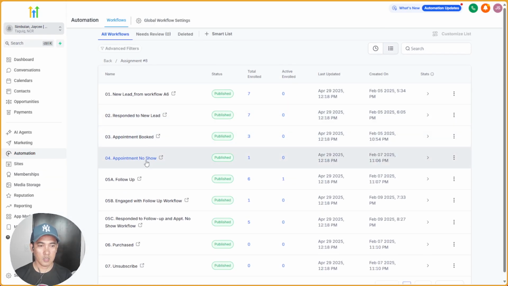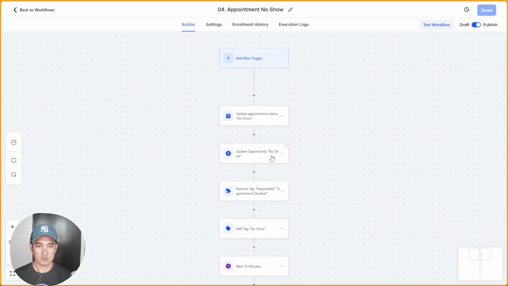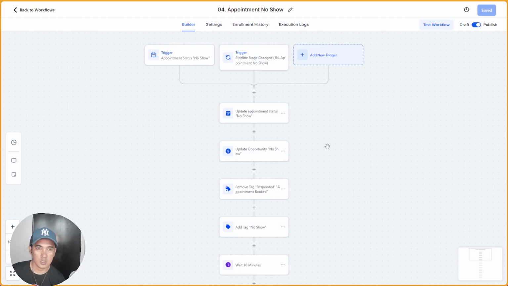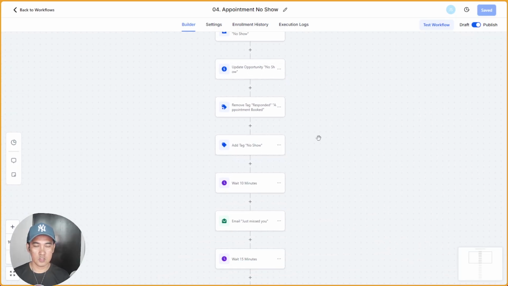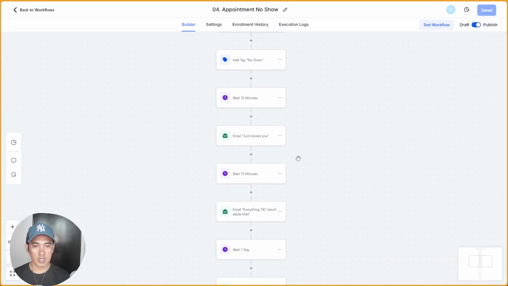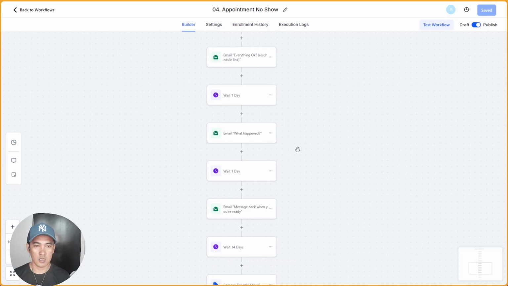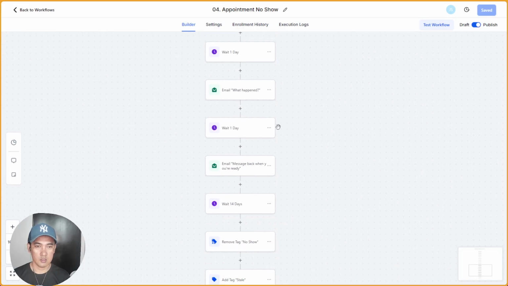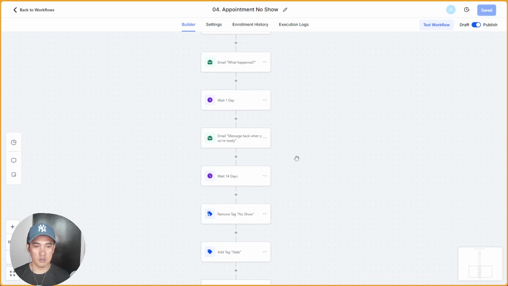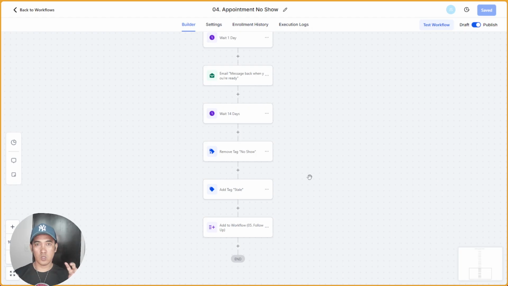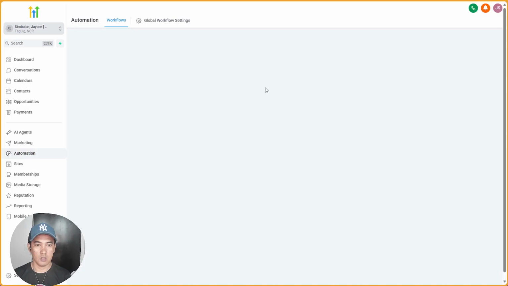And then appointment no show. So this will trigger if the appointment status is tagged as no show, right? This will just send an email like "just missed you," something like that, and something like "what happened," right? Like we just want to follow up with this client or lead who missed the booking. All right,